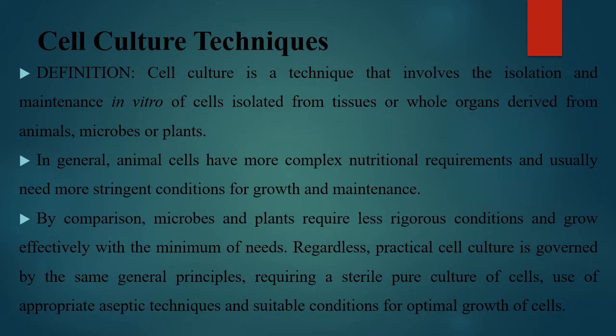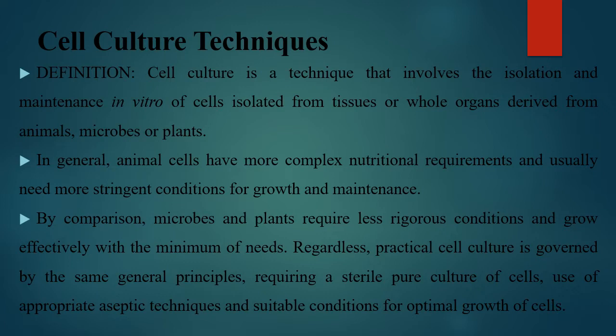Now, cell culture is a technique that involves isolation. So you take out and maintain in vitro cells isolated from tissues or whole organs that are derived from animals, microbes, or plants. So by definition, you first need to isolate your cells and then maintain them in vitro. And like I mentioned the previous time, you need the right conditions to sustain an in vitro